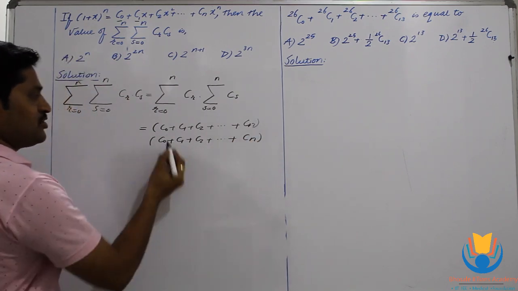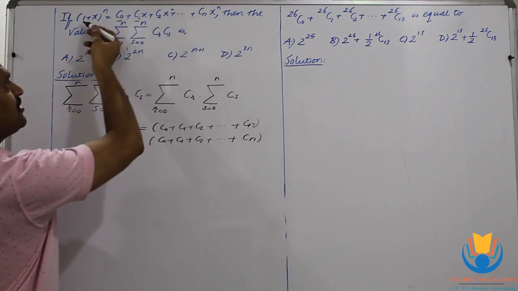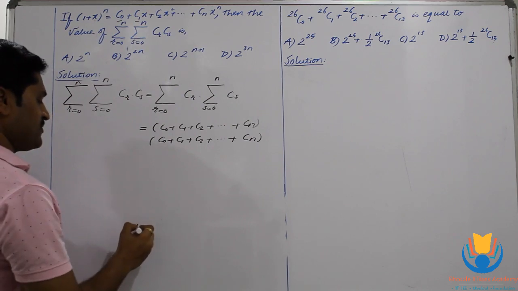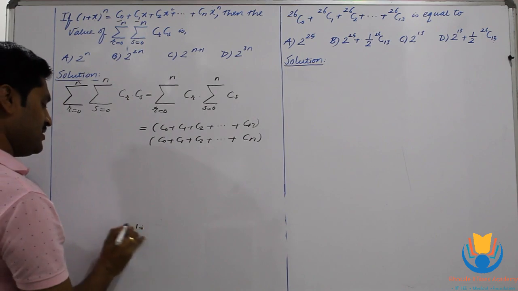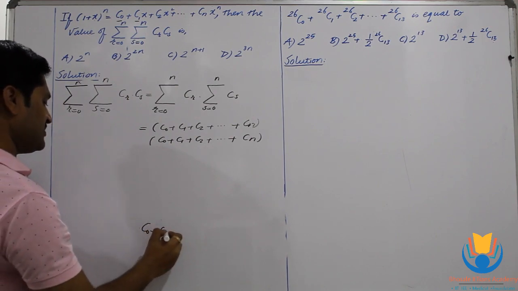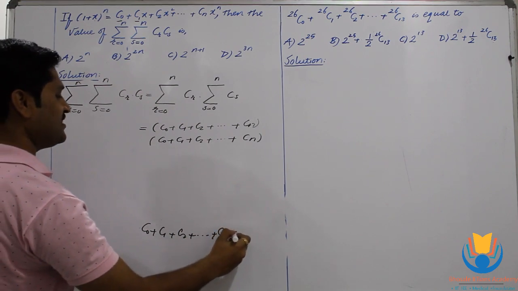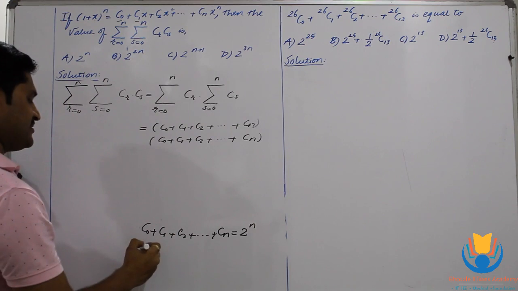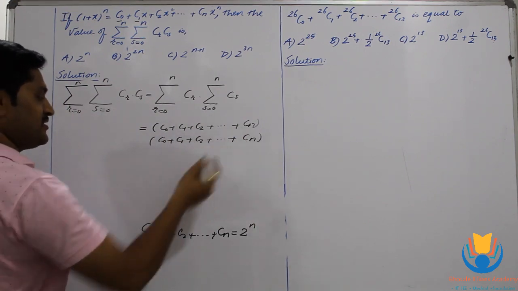As you can see here, those are the coefficients of the terms in this particular expansion (1 + x)^n. So the sum of all the coefficients in this expansion, that is C0 + C1 + C2 + ... + Cn, is given by the formula 2^n. If we take simply the coefficients of the odd terms, that is C0 + C2 + C4 etc.